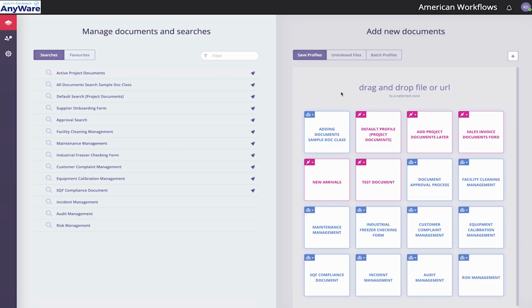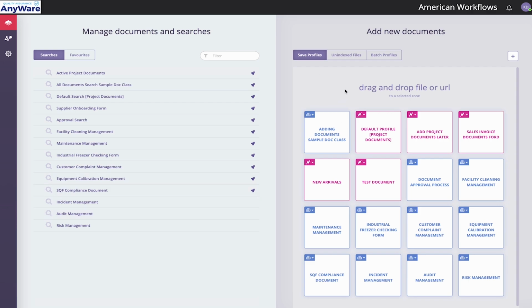All right, so as you can see on the screen, we split it into two. On the left, we have searching for information, and on the right, we have adding information. Now, within Quality Assurance Anywhere, we search using saved searches on the left, as you can see right now. These searches can be configured to be as general or as wide as you like. And then on the right side,